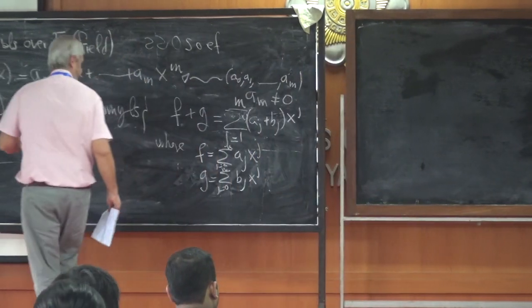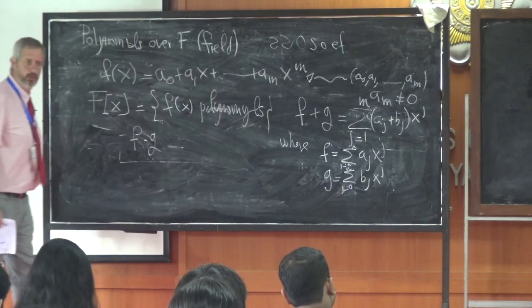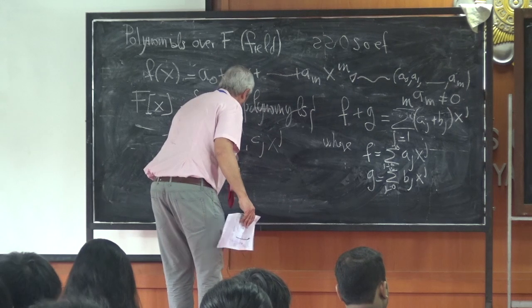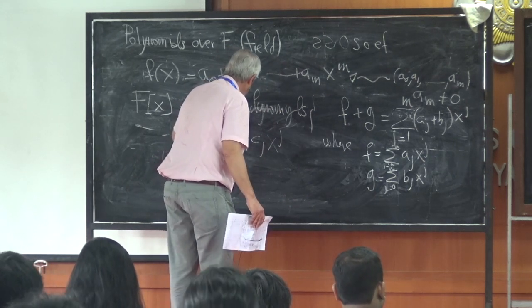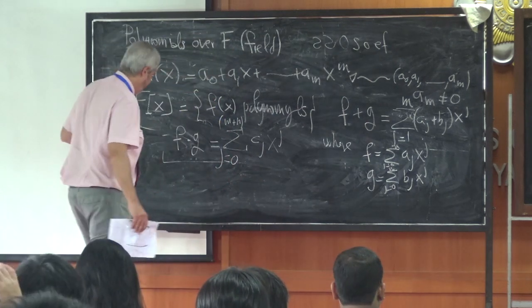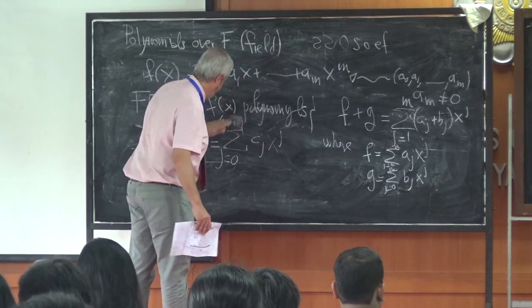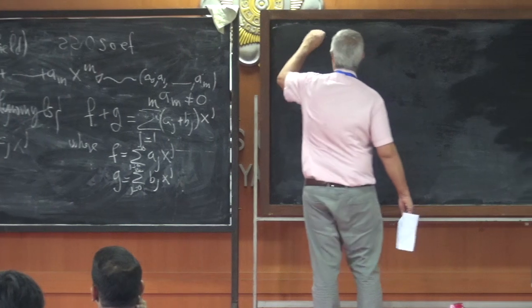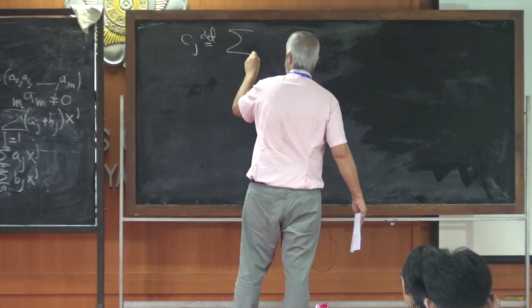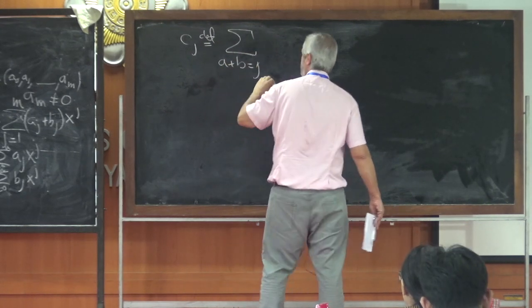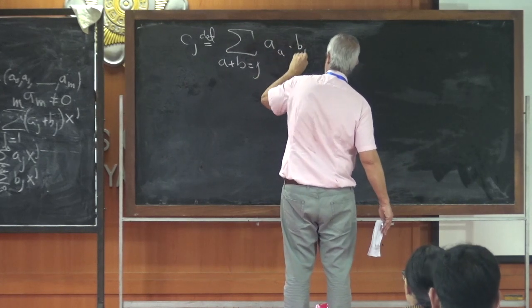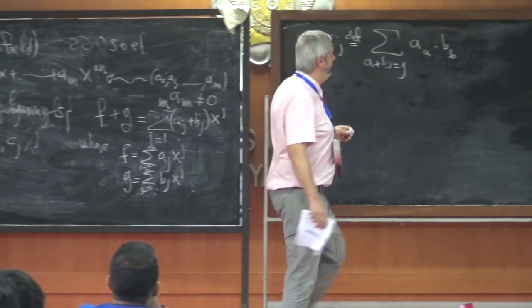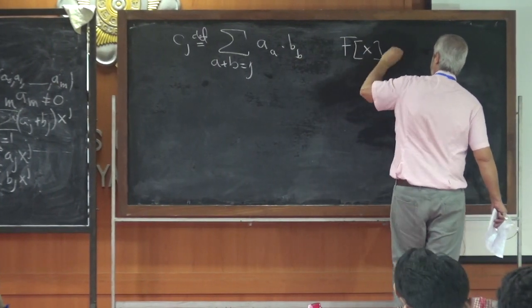And the product, f times g of two polynomials, is going to be again a polynomial, the sum of c_j x^j. Here j goes from 0 to m plus n. Well, by the way, I've written here that it goes to 2m, except some terms might be 0. So anyway, c_j is by definition the coefficient of the product, the sum over a plus b equals j of a times b. Okay, this is an unfortunate notation, but now it's written, so it's too late to change it. Okay, and so F[x] is a ring,